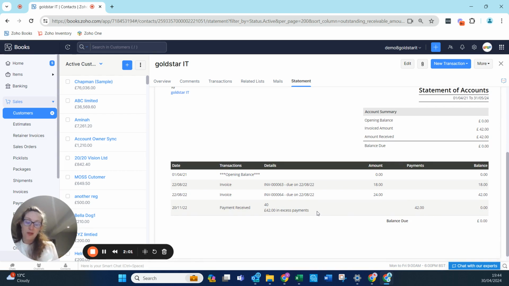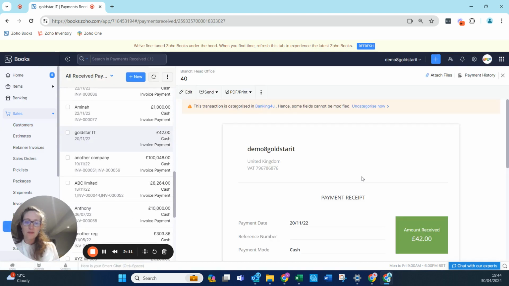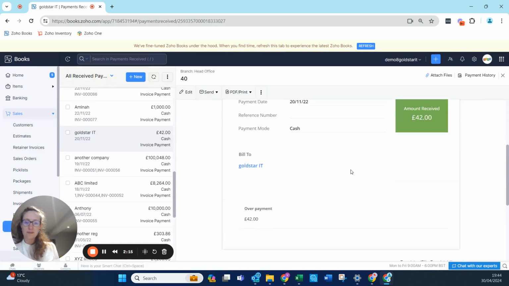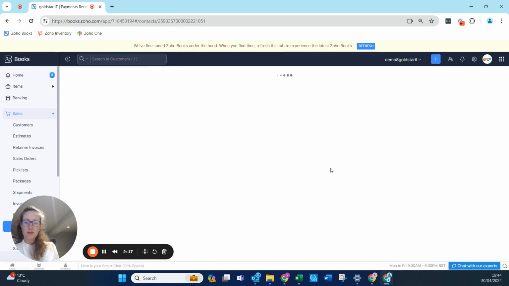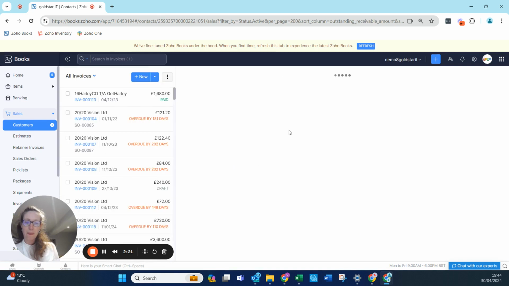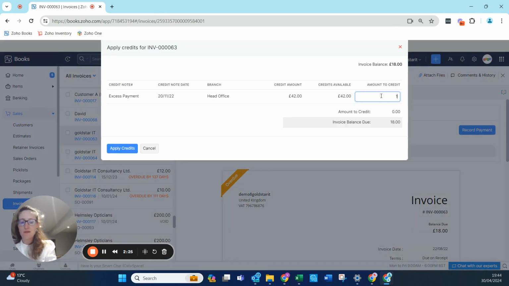When the customer sends in a remittance advice, or we know what that payment is, then what we can do is we can hop to our transactions. We can find this £42 and we can allocate it accordingly. So let's hop back to Gold Star, find our invoices, apply the credit to the invoice,